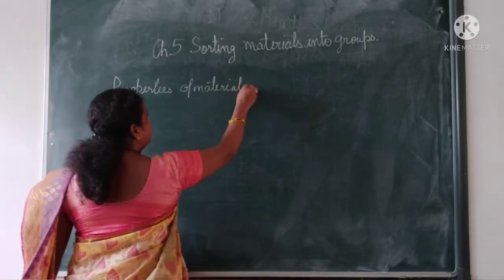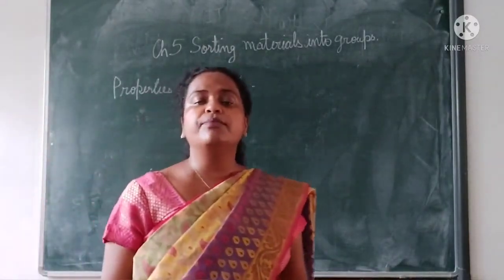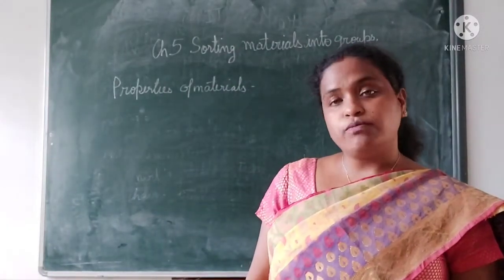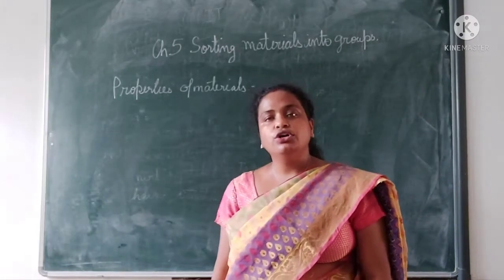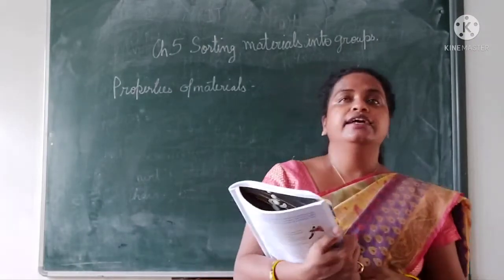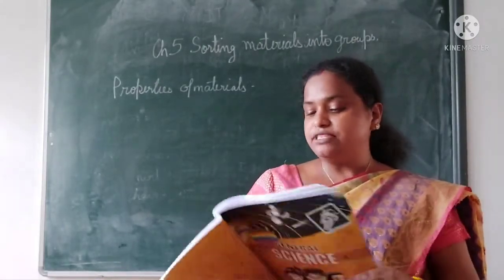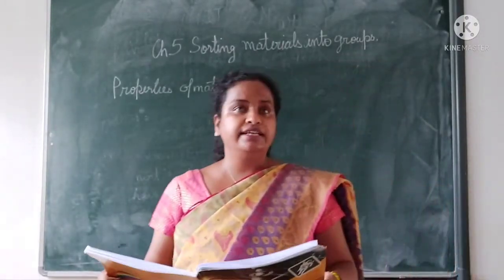When you make anything, you should first know its properties, and you should know which type of object is needed by you. Firstly, you should know the properties of the material which you are going to use and how it will work. A material has some special features, its properties, which distinguish it from other materials.